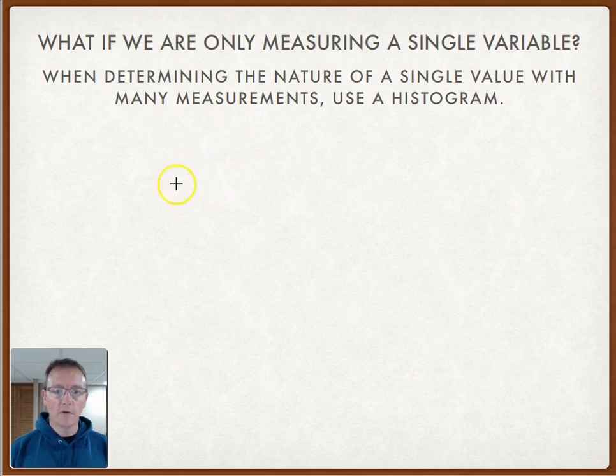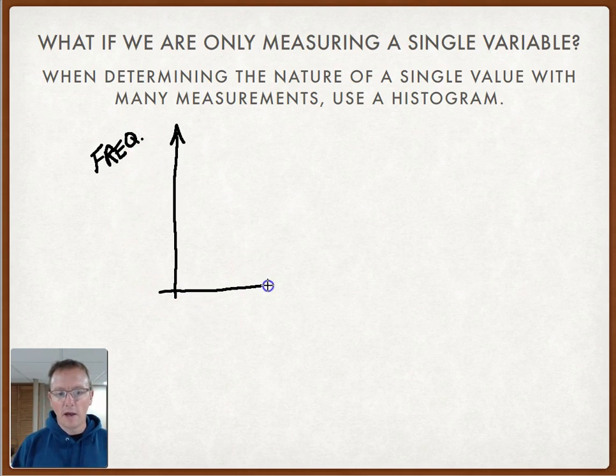If I post up the grades for a test, it doesn't make any sense to try to put it on an XY scatter plot because I don't have any independent variable to measure, right? So what I would do then is have, instead of having the dependent variable on the y-axis, what's called the frequency. How many times the value falls into a certain range. And then on the x-axis here,